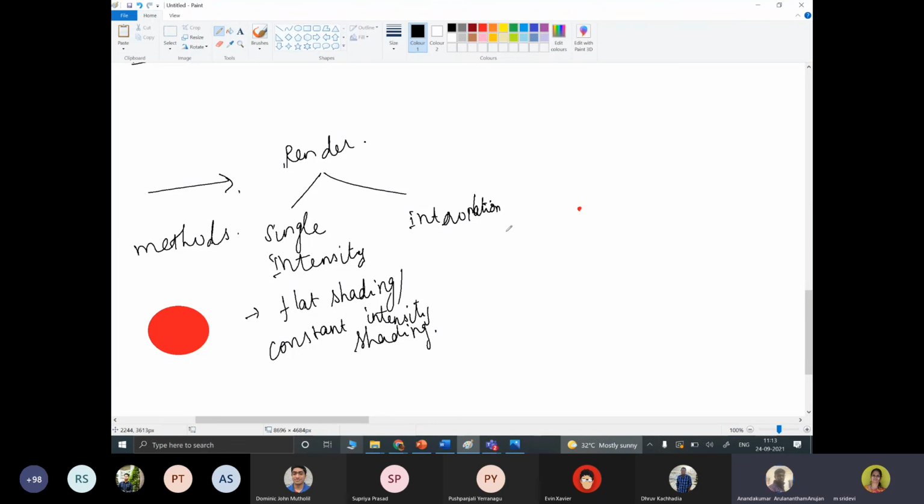The intensity can be obtained at each point of a surface using interpolation. So this method we can call the intensity interpolation method.